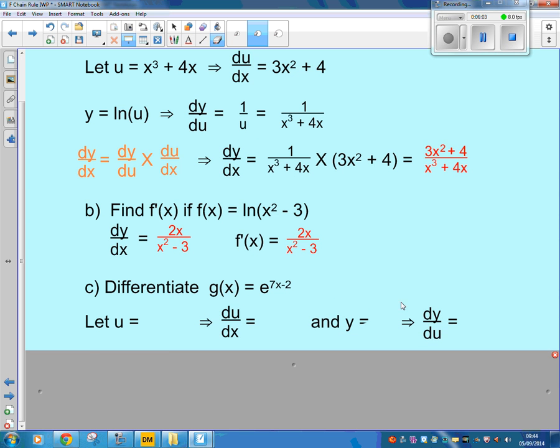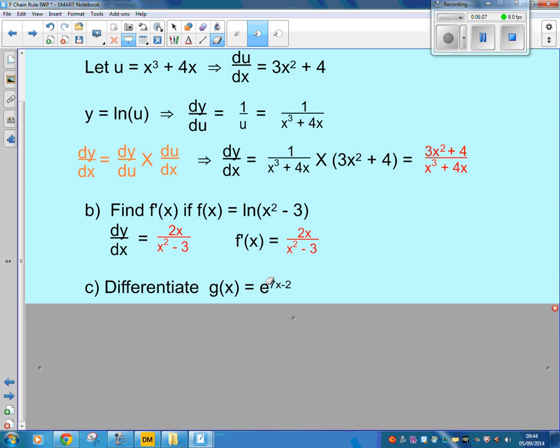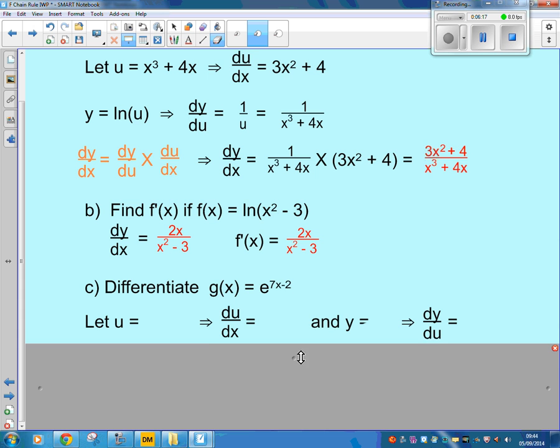Now let's look at e's. Now there aren't any brackets here, we're going to do it in full, but let's assume that as if the 7x minus 2 was in brackets. Indeed, you could have written it with a 7x minus 2 in brackets. So u is 7x minus 2, differentiate it to 7, y is e to the power of that, so it's